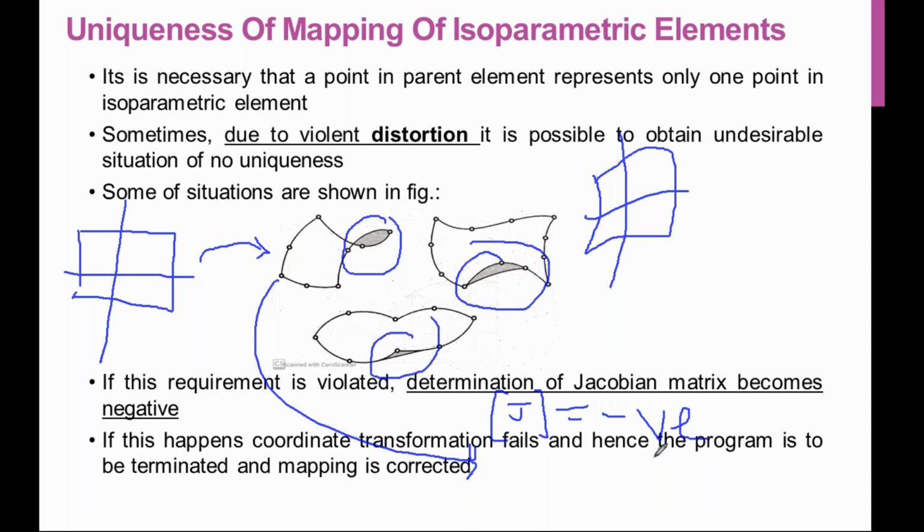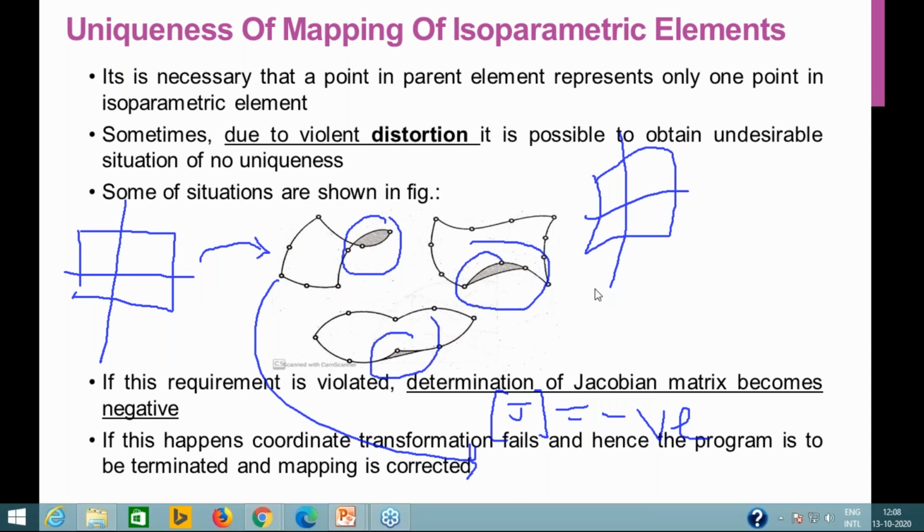You are giving the input to the computer that it is an isoparametric element, having 4 nodes or 8 nodes or 9 nodes, but the computer can recognize that the Jacobian matrix is negative, so there is a distortion. That program will give you the error. Then you need to know that there is a violation of the rule, and a perfect element is not manufactured. Okay, so you have to check the mapping again, you have to check the element again to avoid this